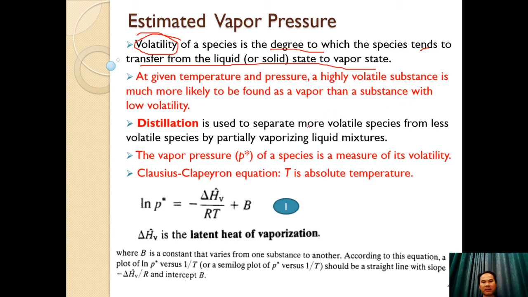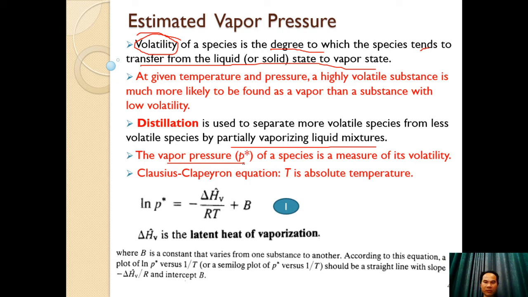It is used to separate more volatile species from less volatile species by partial vaporization of a liquid mixture. Okay, back to the vapor pressure. The vapor pressure P* of a species is a measure of its volatility. Right? It is used to measure the volatility, high vapor pressure or low vapor pressure. High vapor pressure, okay,